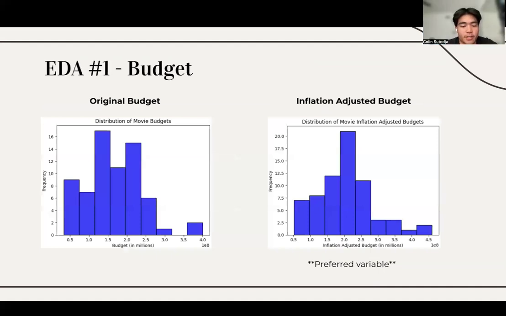For our first EDA, we are comparing the variables of budget and Rotten Tomatoes score to see if there's a relationship between the two. While performing EDA, we saw there were two variables of budget, the first being the original budget and second being the inflation-adjusted budget, which normalizes each film's budget to a common baseline, accounting for inflation. We prefer using this variable because it gives a fair comparison across the different years of when these films were